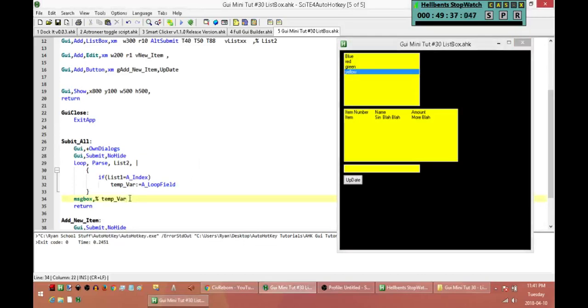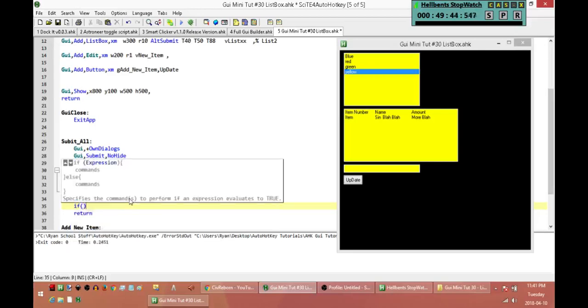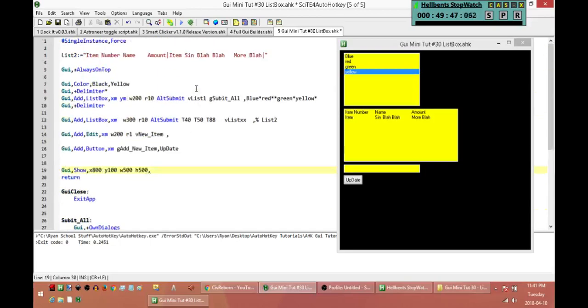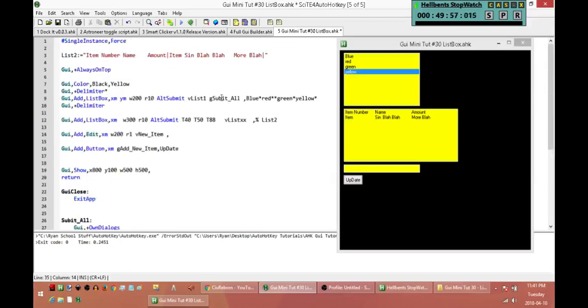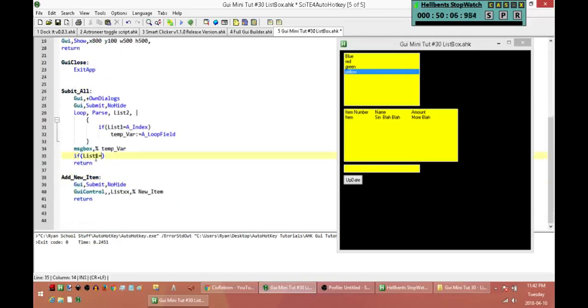So I'm going to say if list1 equals, right now I'm using AltSubmit, so I'll do it both ways. I'm going to do it with AltSubmit, which is the position. So this is number 1, number 2, number 3, number 4. Right? So I'm going to say if the thing that gets stored in that variable is equal to 3, then